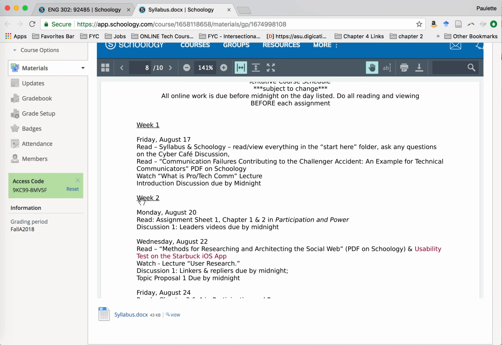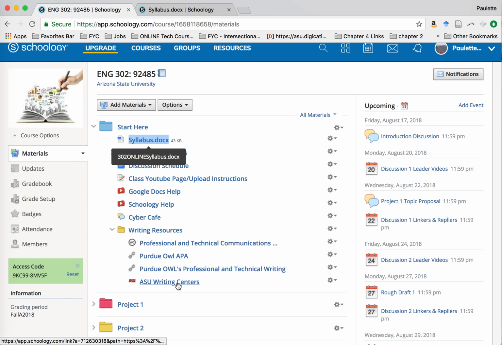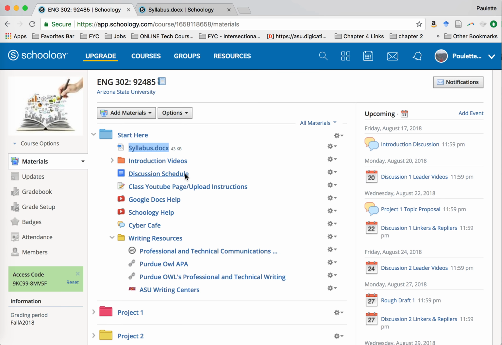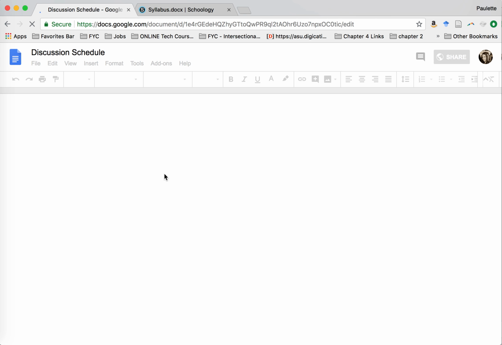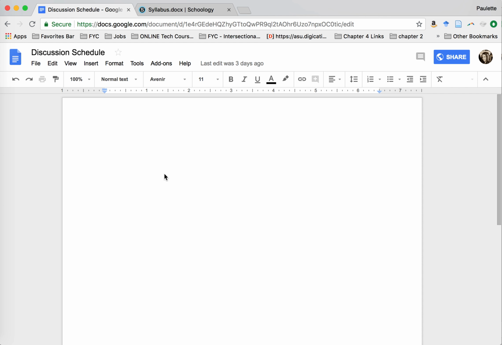Now, how do you know what your role is? When you go into materials, it's listed in 2 places. Under Start Here, there's a discussion schedule. I realize right now it is blank because our class isn't populated right now. But it'll say Discussion 1, Leaders, Linkers, Repliers. Discussion 2, Leaders, Linkers, Repliers. And so after the drop-add day, it'll be filled out for the entire semester so that you